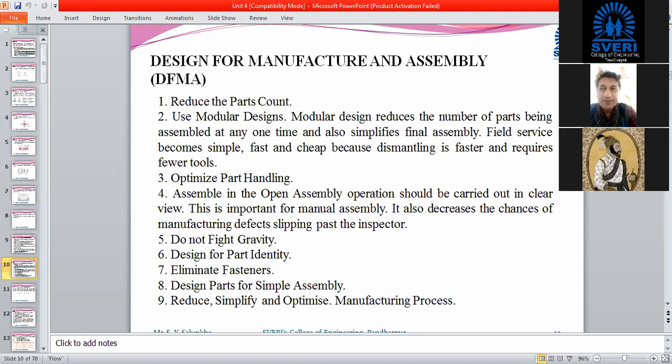If you have any question, or you can add one more suggestion to all the suggestions which are provided for the designer while you are going to manufacture any component, while you are going to assemble various components together. Do you have such a suggestion or any question? Let me know.